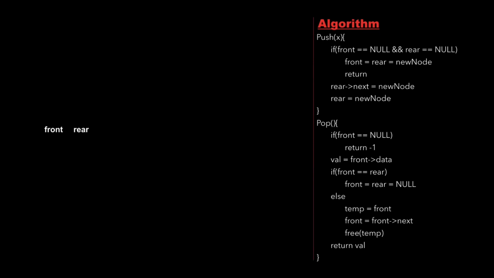In the function push, we have an argument which is the value of the element which we need to insert. So let's consider initially the linked list or the queue is empty and we want to insert an element 5 into the queue. First we create a new node with the data value as 5 and the next pointer pointing to null. Then we check whether front and rear pointers are both null, which is true. So we enter the if condition and we update the value of pointers front and rear as new node. So now front and rear both point to the value 5 and we return from the function.